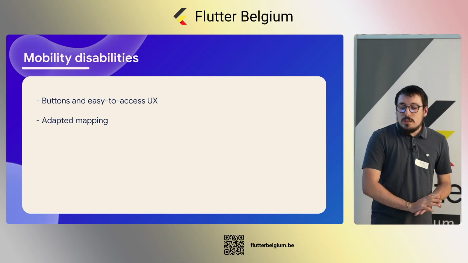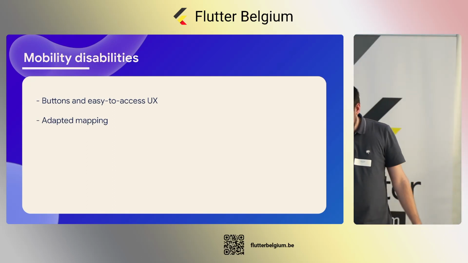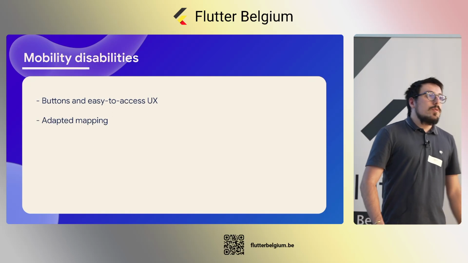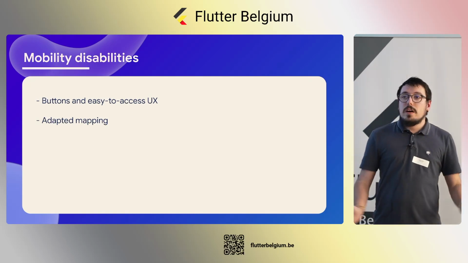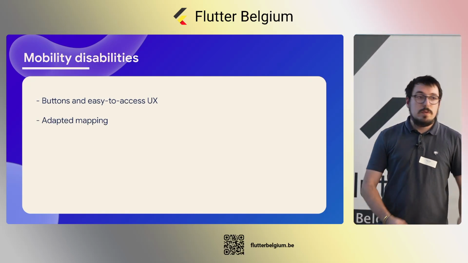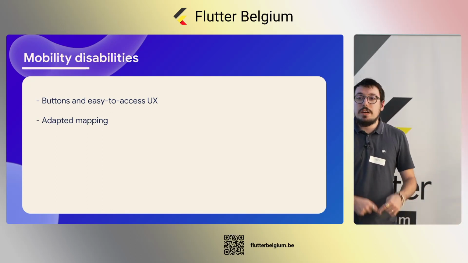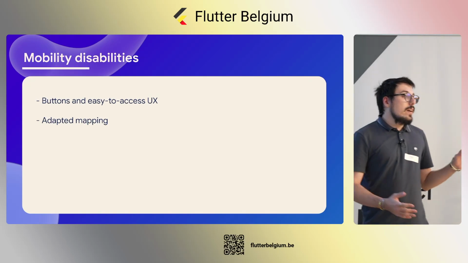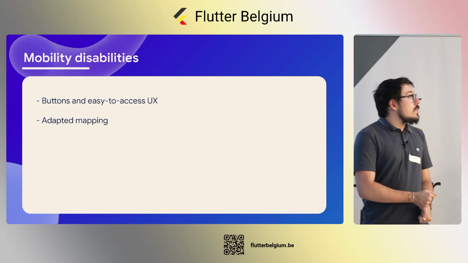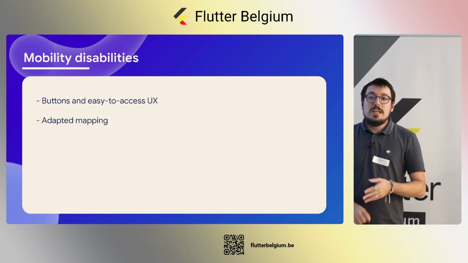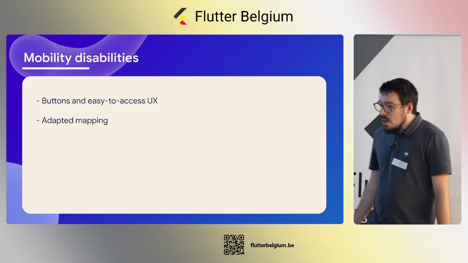All right, we also have adapted mapping. Okay, this one is hard, and I don't think a lot of people will add it. But what does that even mean? It means that, for example, if you have people who are in a wheelchair and you are making a mapping application, or you use Google Maps for whatever reason, for making some specific itinerary or something like this, you want to always find a solution for people in a wheelchair to not go over stairs, not go over an elevator, not go over any obstacle that can basically block them in their process. So this is not